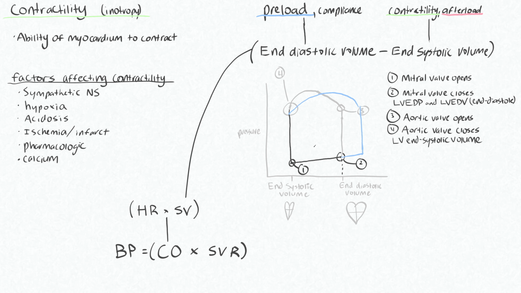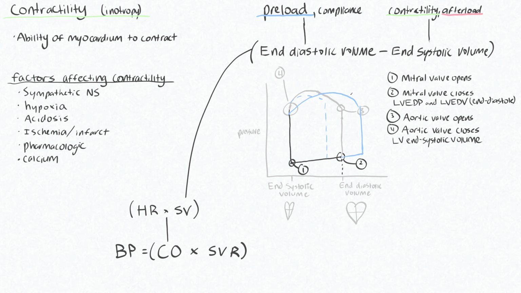increased. If you were to drop the preload by giving an induction dose of an anesthetic, for example, you'd have the opposite effect on your stroke volume. So instead of filling more, you would be filling, and then this is as much as you'd get. So your stroke volume here, your end diastolic volume minus your end systolic volume, is highly dependent on what our